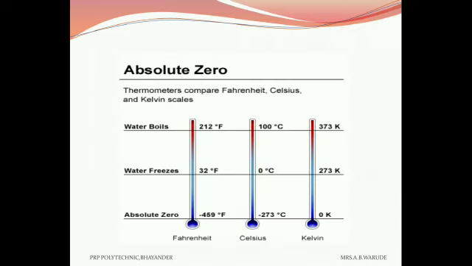This diagram shows the absolute zero temperature. As we know that there are three scales of temperature: Fahrenheit, Celsius and Kelvin. From the definition of absolute zero temperature, minus 273 degrees Celsius is the minimum possible temperature for all gases, and it is equal to 0 degree Kelvin. If we compare it in degree Fahrenheit, its value is minus 459 degree Fahrenheit.